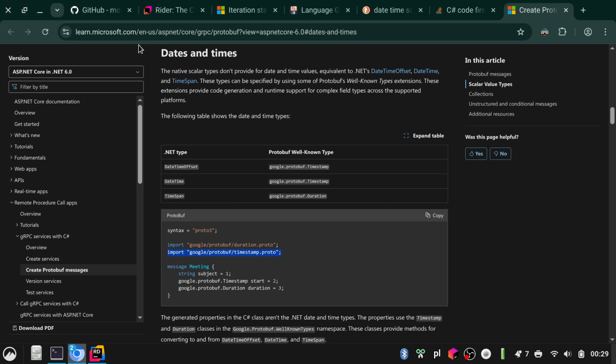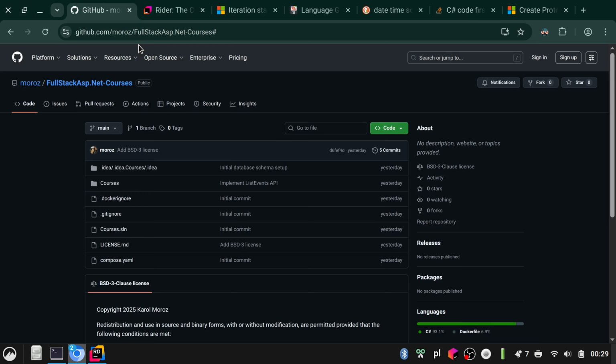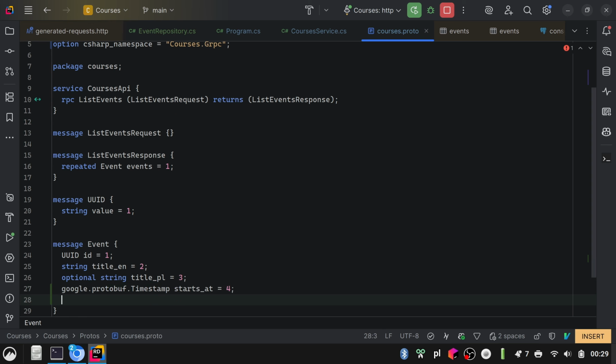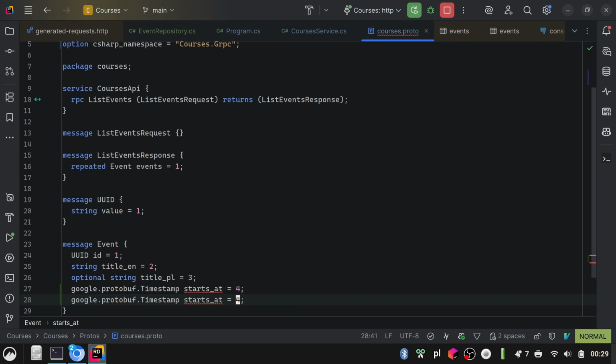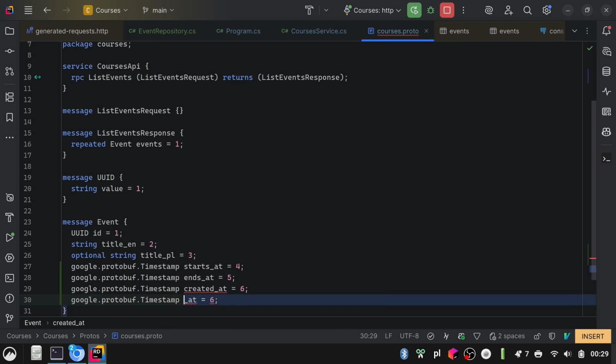So Google protobuf timestamp created at equals. No, I'm going to start with starts at equals 4, and then the same for ends at, and then for created at, and then for updated at. So now if I build, let's see, I'm going to build the project,